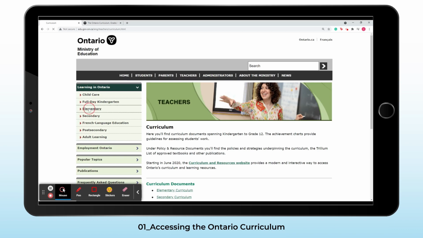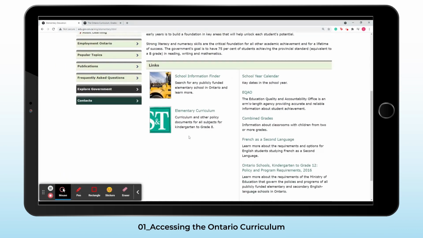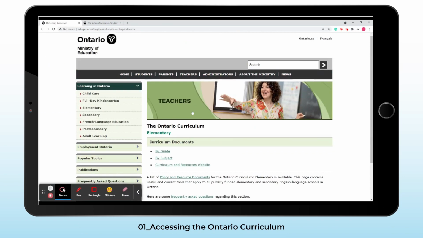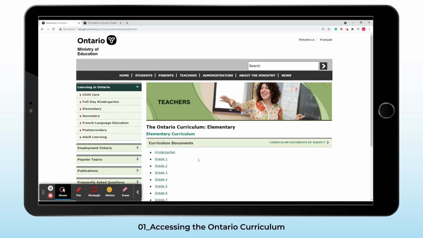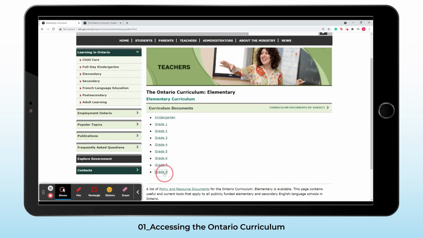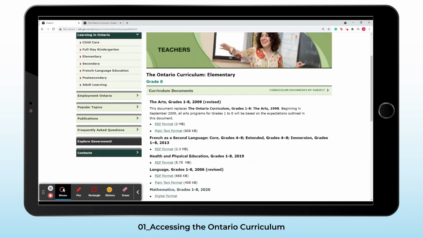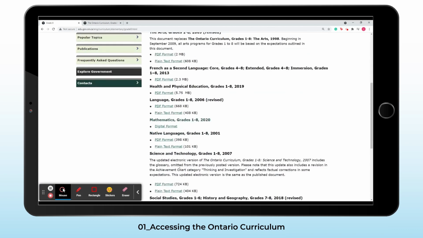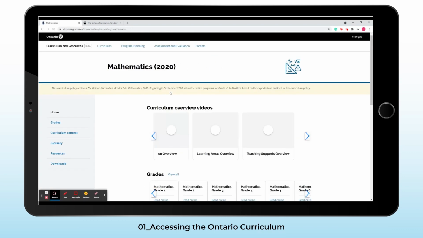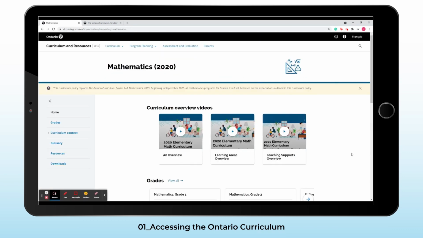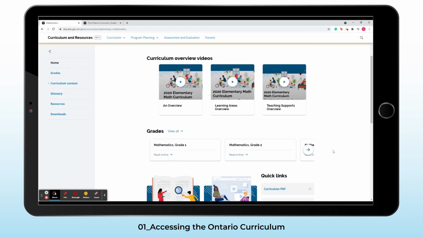So I'll click on elementary. And then I'll click on the elementary curriculum. And then I select, let's say by grade. And I select grade 8. So there are times that you would see an alternative link that would say it's in digital format. And it would look something like this. So if it leads you to this website,